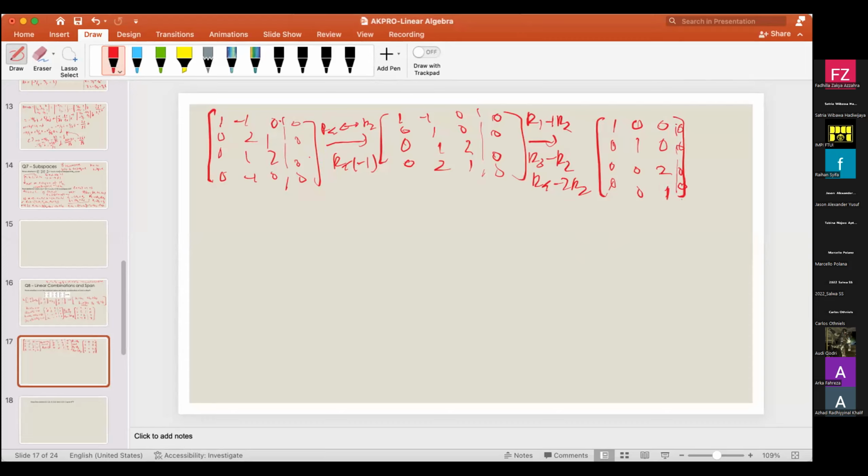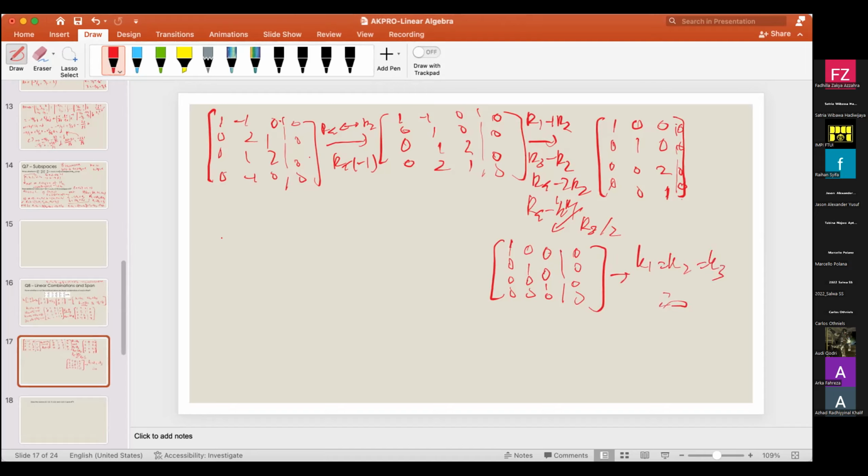Now we can just knock this last one out and then divide the third row by 2. So we have R3 over 2, and we have R4 minus half R1. We get this. However, now we can conclude that K1 equals K2 equals K3, which is 0. However, this shows that